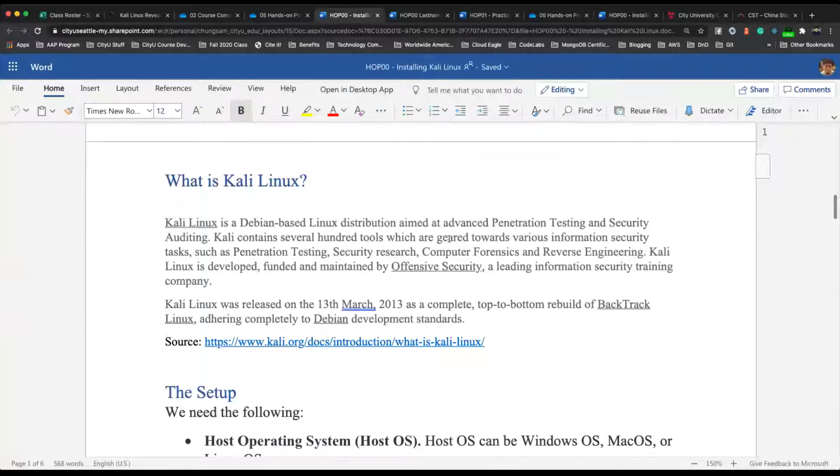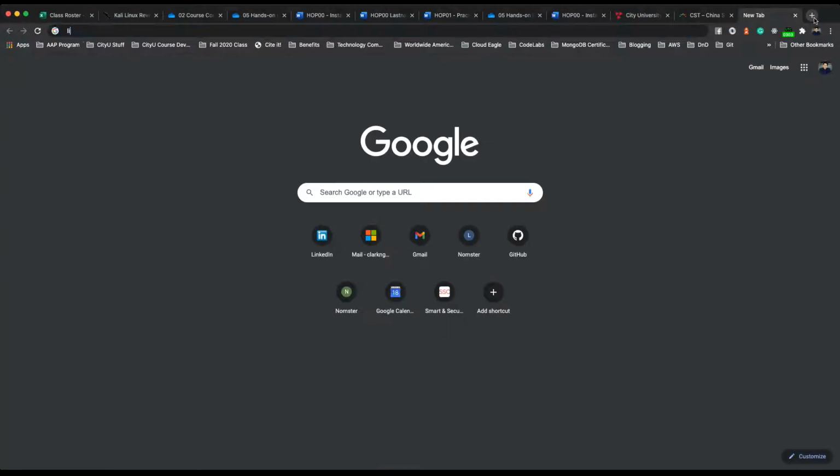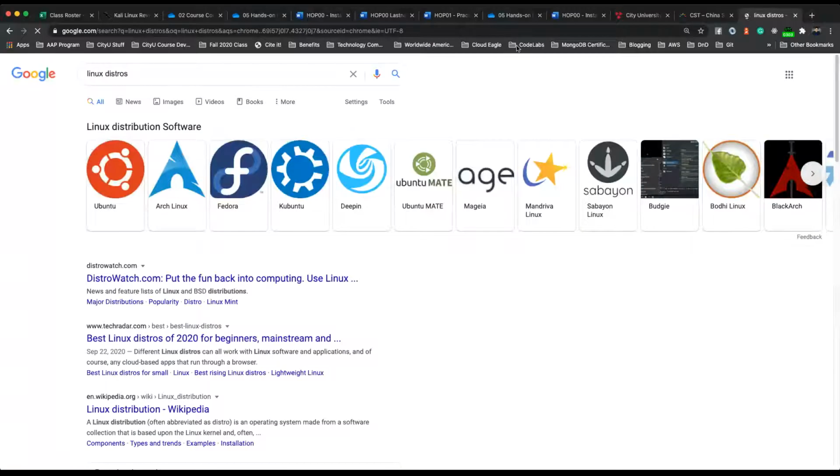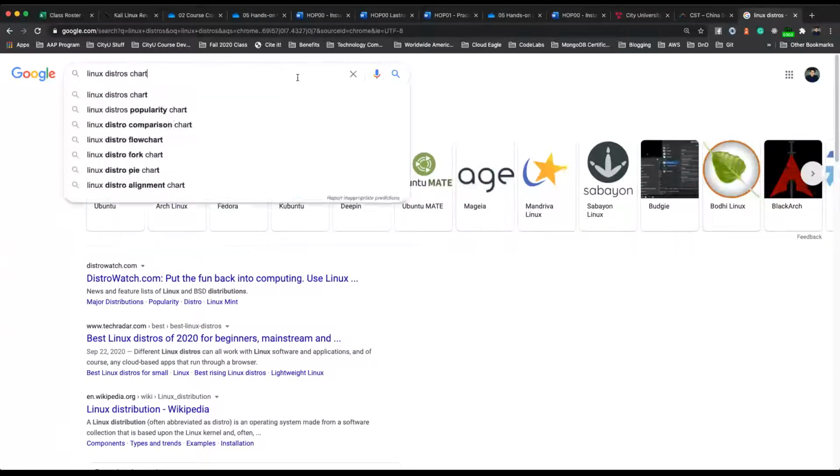Kali Linux is used for penetration testing and security auditing, right? So we do have Linux, and Linux is another operating system. In Linux, there are a lot of different flavors. They call them Linux distros, or distributions.